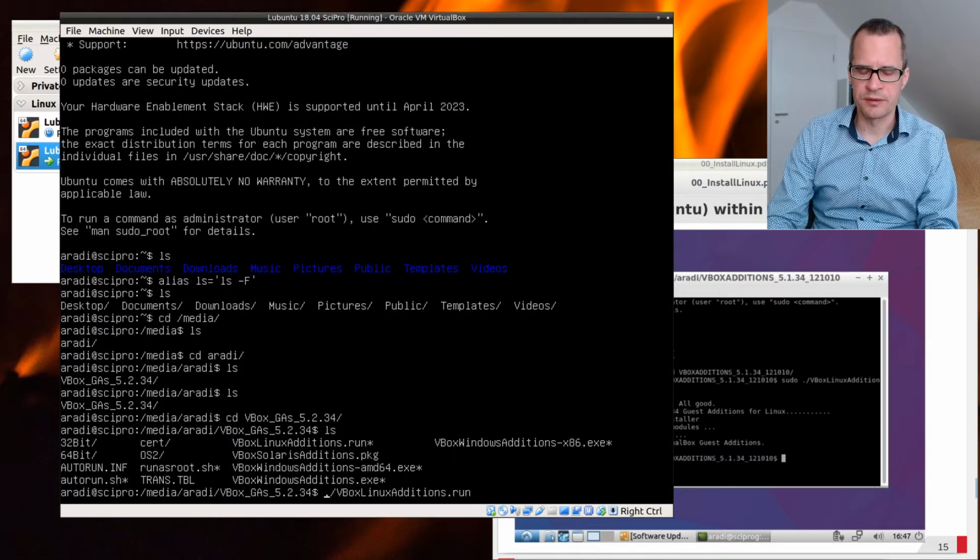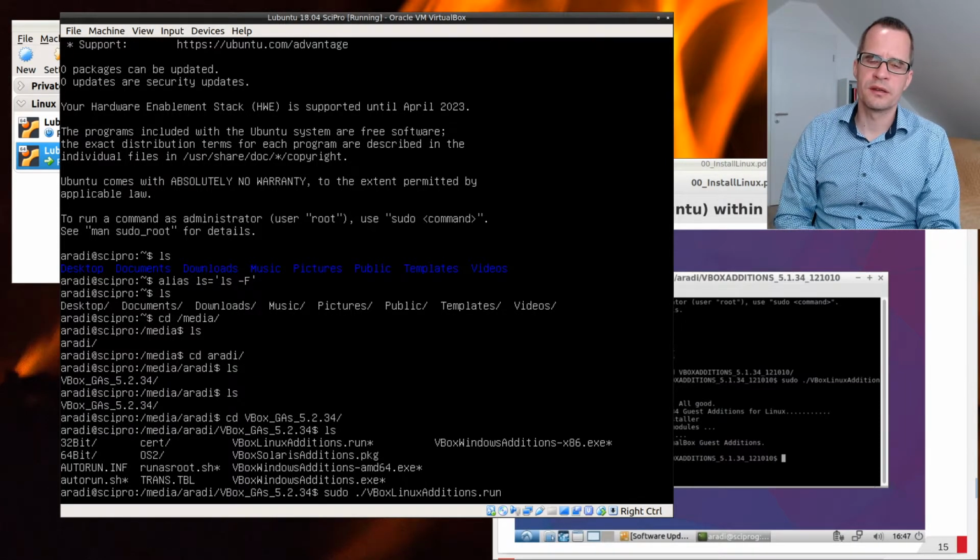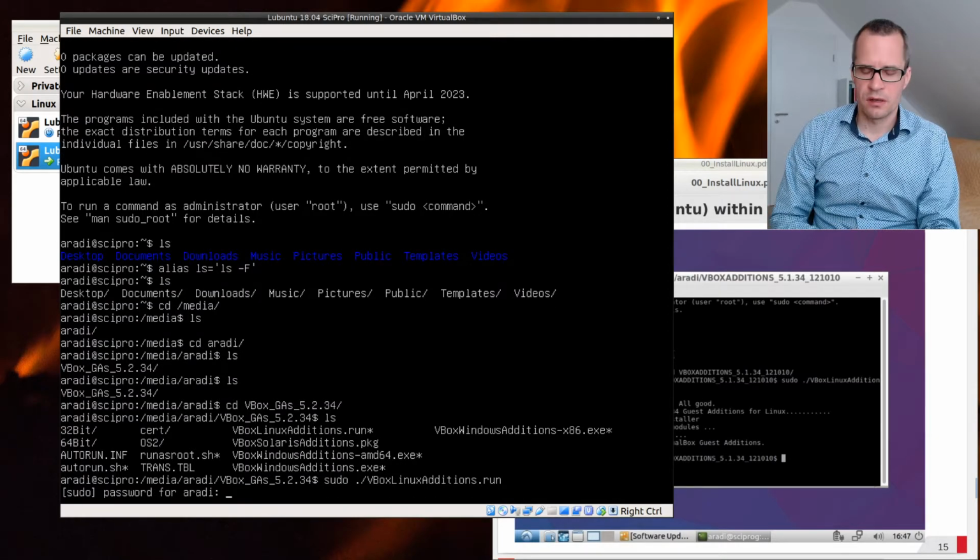However, this file you have to run as super user, as root. And the command for that in Ubuntu would be sudo. Sudo means the command which I'm specifying should be run as root. You should be very careful to run only commands as sudo which are really necessary, but this installation step requires root privileges. You have to enter just your password once more,